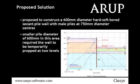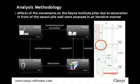But the analysis methodology was very interesting. An iterative methodology was actually used to calculate the effect of the movements on the Rain Institute piles due to excavation in front of the secant pile wall. And the Arup engineers commented on the compatibility between the software and the gateway system between all these four programs, which enabled the quick changes and convergence. So if we just look at this here,